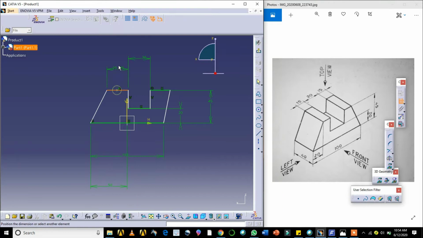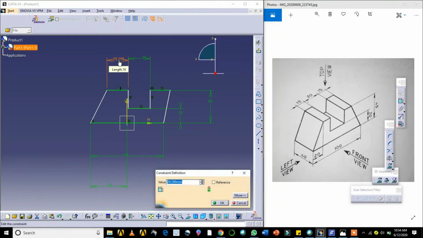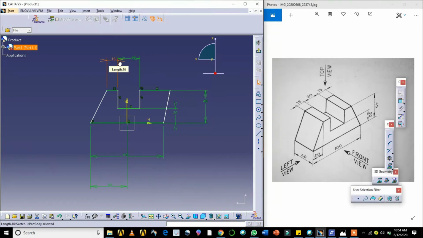Next, this distance is 15, and this dimension is 15 mm.